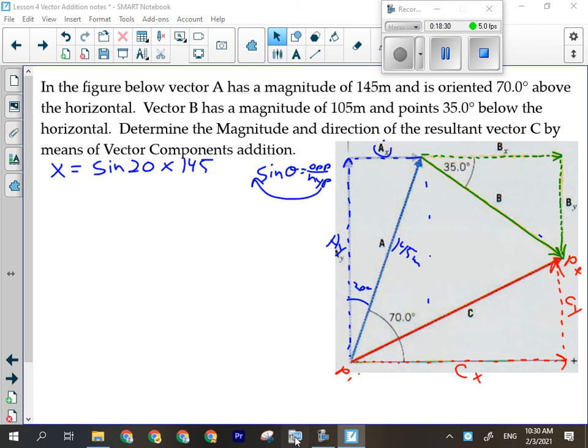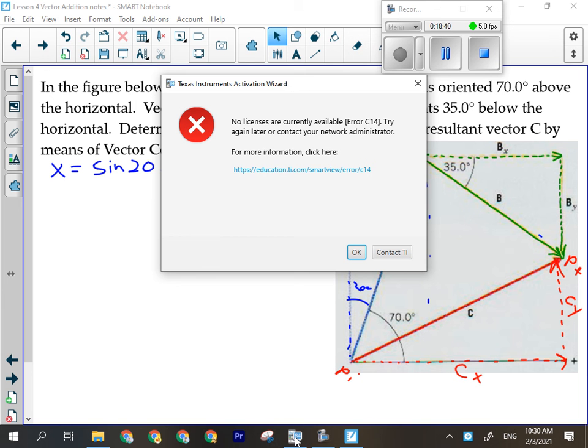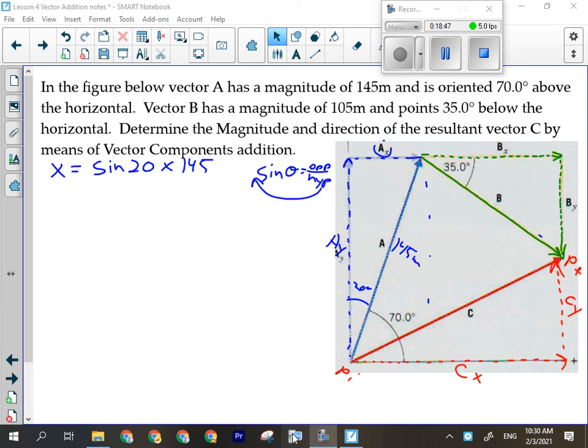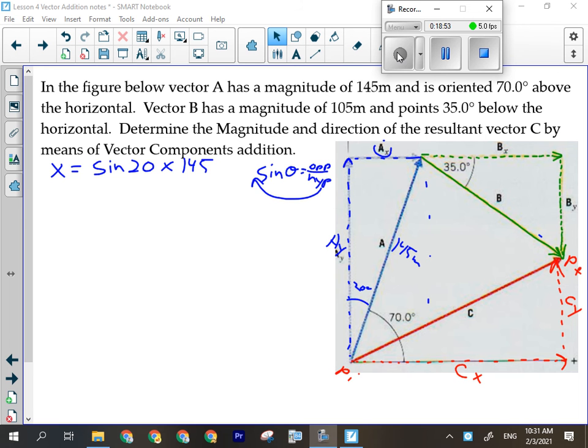So my calculator will start this time. Kinda need it. So we're going to go sine of 20 times 145, and since my calculator is not working on it here, sine of 20 times 145. Okay, so we got 49.59,